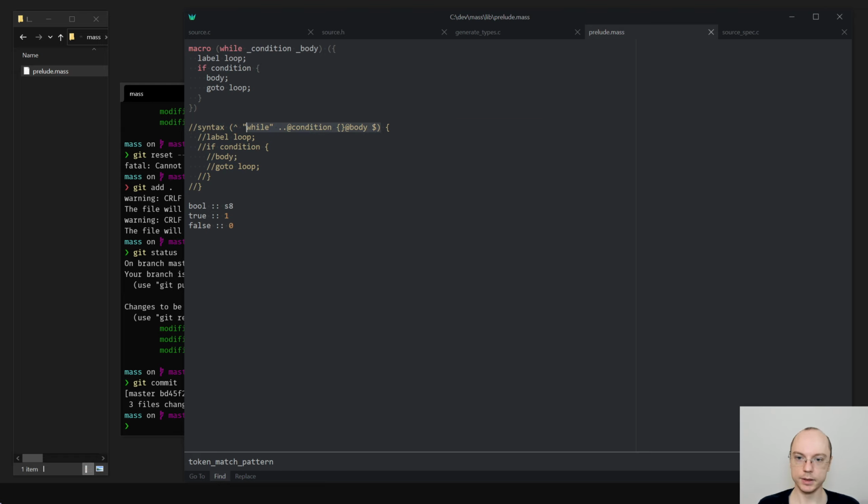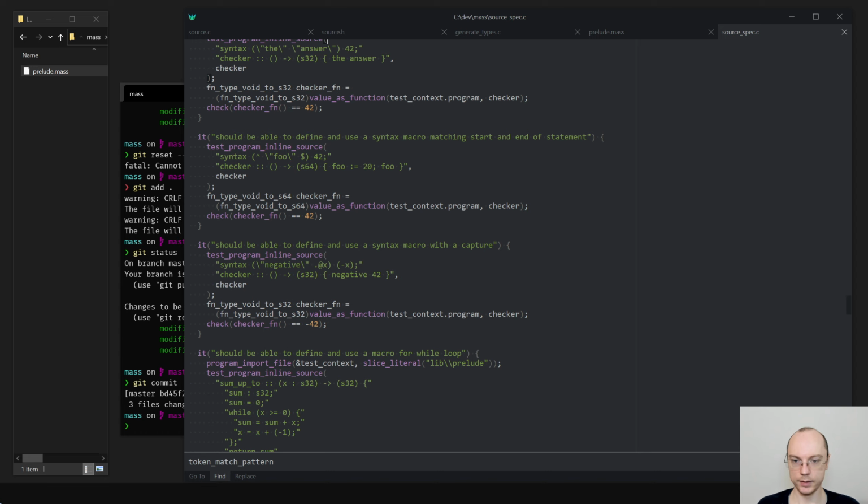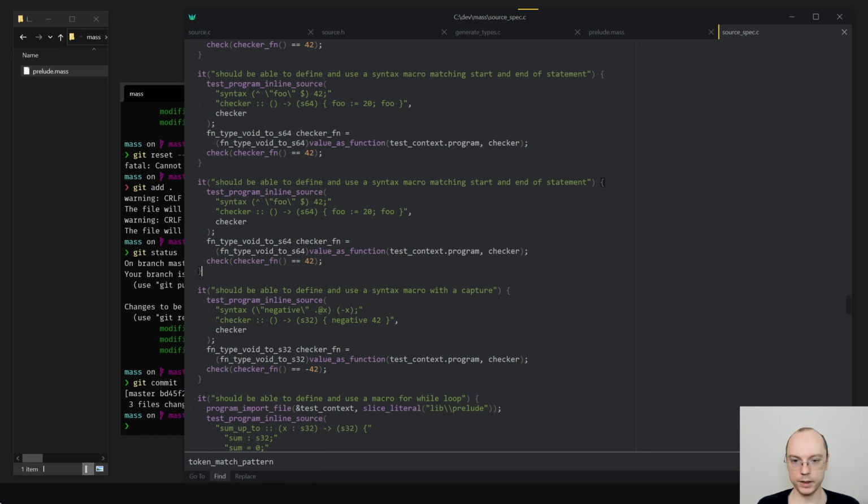We need to say that it should be able to capture curly braces. Okay. Define and use syntax macro matching curly brace block.